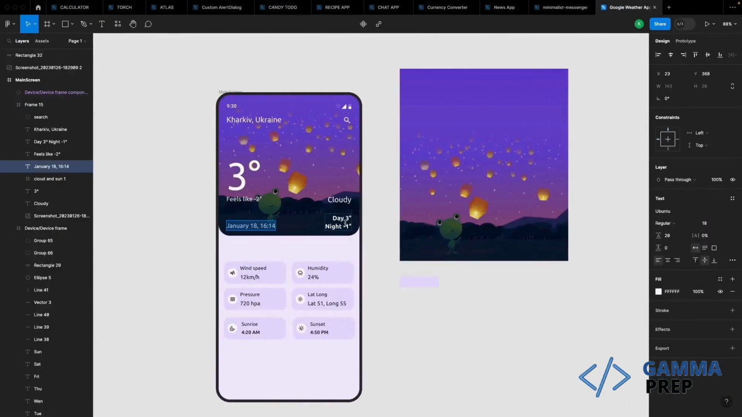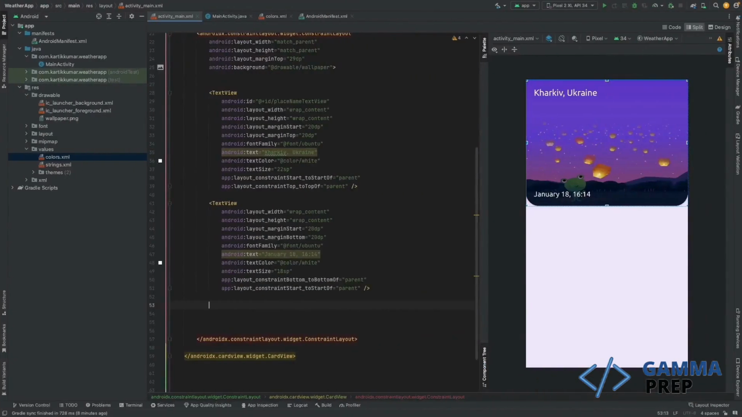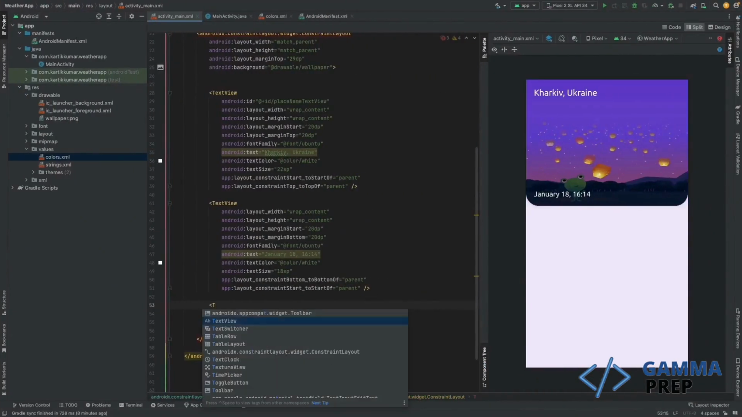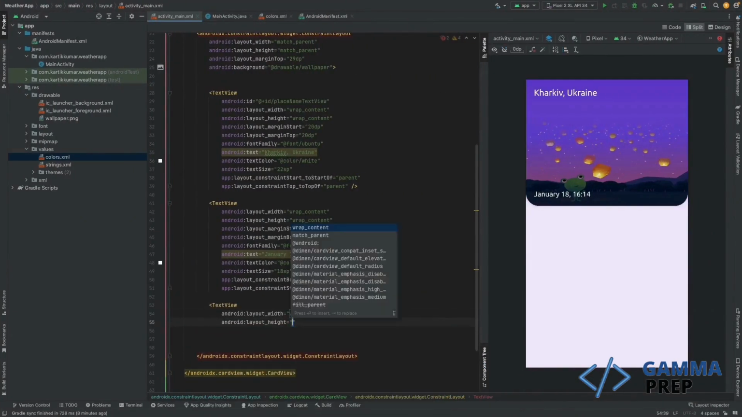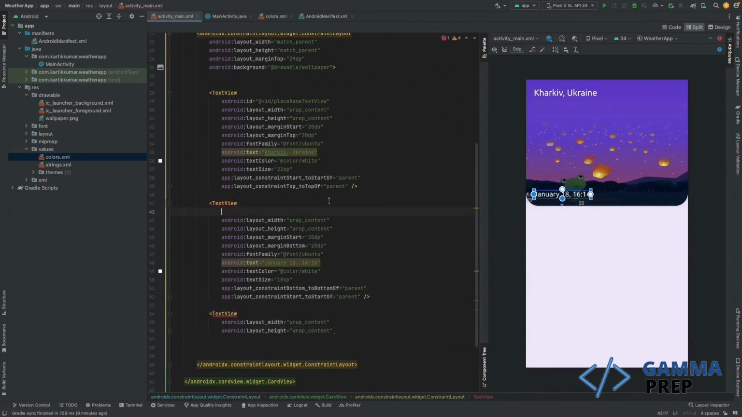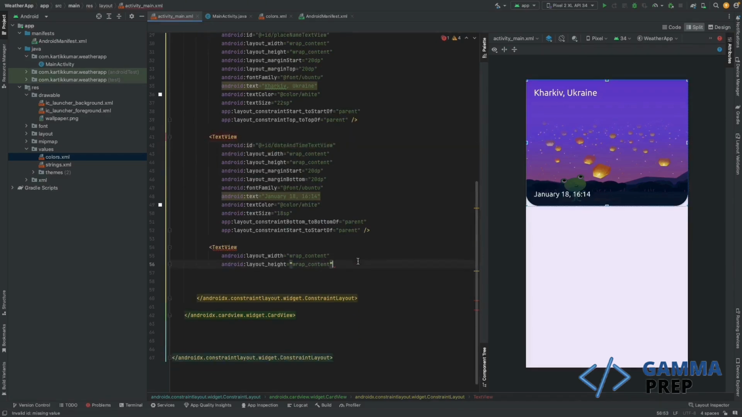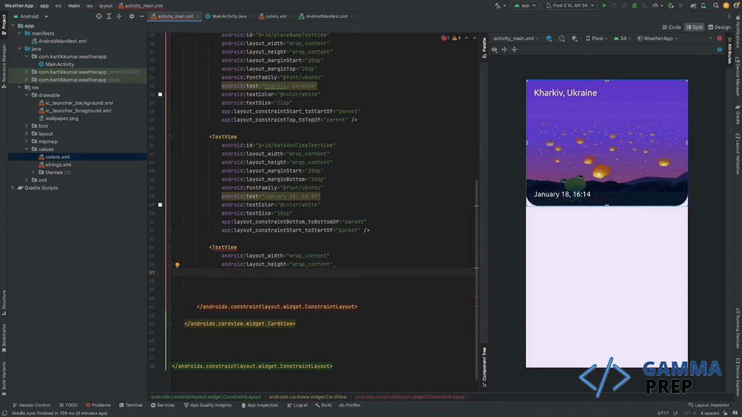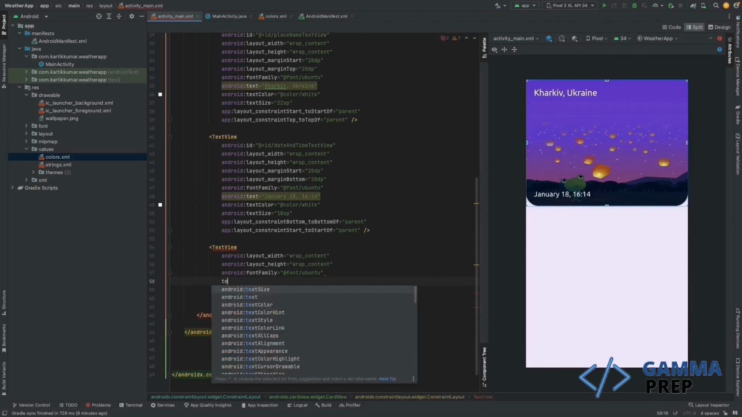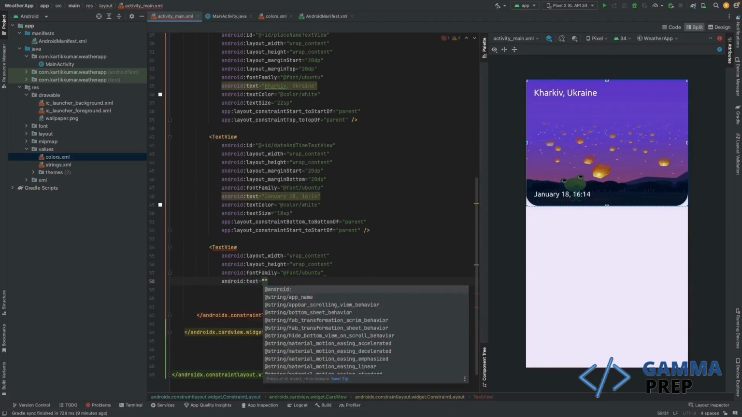Okay, so how to do it? I'm gonna say text view. I'm gonna wrap it, give an ID to this date one. So I'm gonna say ID date and time text view. Okay, done. Now the font family would be Ubuntu itself. Then what else? Text would be